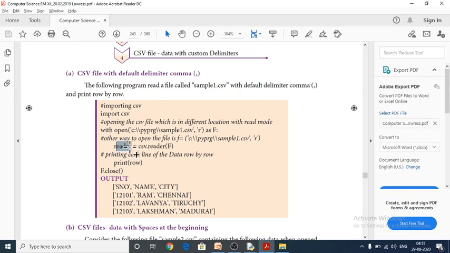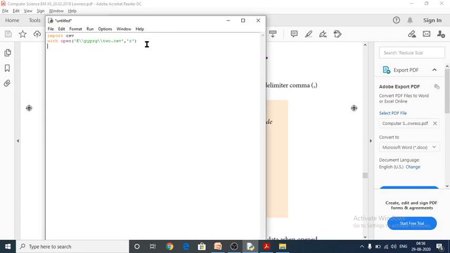Here reader is a variable. I am going to call the CSV reader function. At last I have to give as f. Why am I using the f here? Because whenever you are going to call this statement, there is no need to call the entire statement. Instead of calling the entire statement, it is enough to call this f.